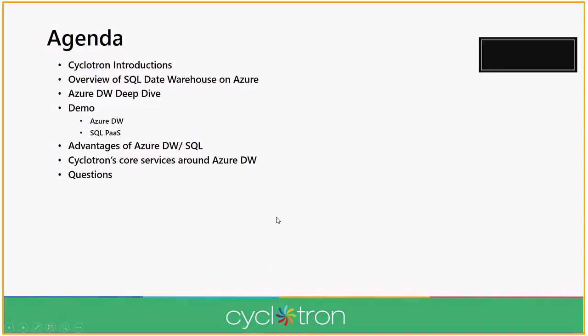Awesome, thank you. So on the screen here is our plan for today, which you might have already seen from the RSVP, but if you were just forwarded the invite, this is our plan for the afternoon. We're going to start with a quick overview of what SQL data warehousing on Azure even means, so that we can get that conceptual understanding.